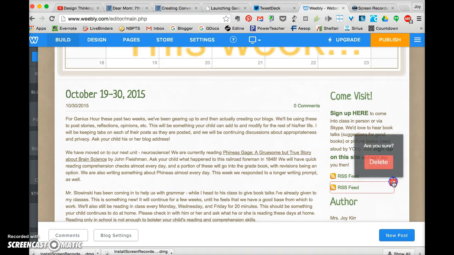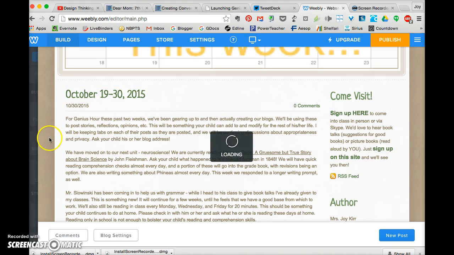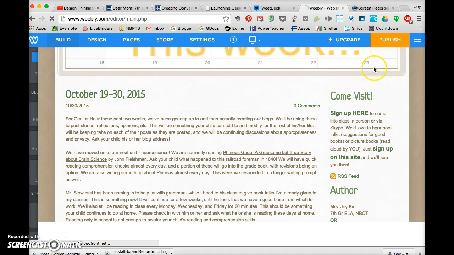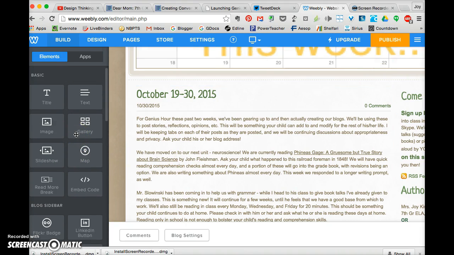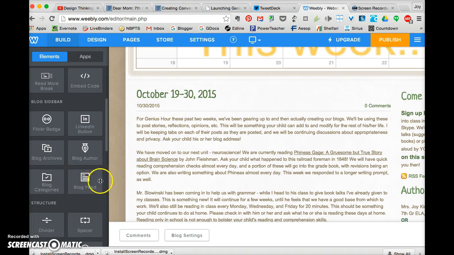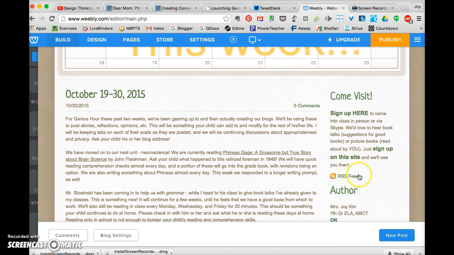It's called blog feed. So what you need to do in order to get other people to be able to read your blog is you need to make sure you put a blog feed on there. That is this one right here. So it's the second part. It's under blog sidebar. You can put in your author if you like. You can take it out if you like. You don't need that. You don't need archives, but you could get them there. Blog categories I like, and I think I have them,